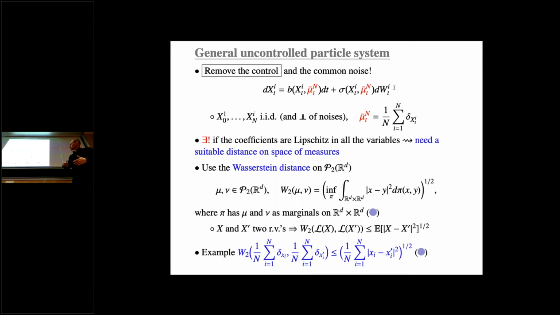To pass to the limit, you need a little bit of assumptions on your model. And this is a good reason for me, or a good point for me, to introduce an object on the space of probability measures that is very, very useful. Maybe I presume that many of you know this object. This is the Wasserstein distance. So this is a distance on the space of probability measures.